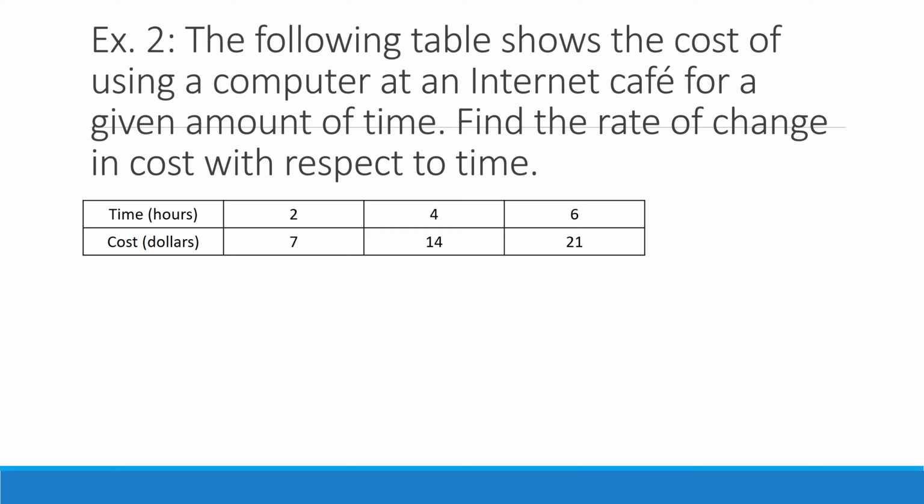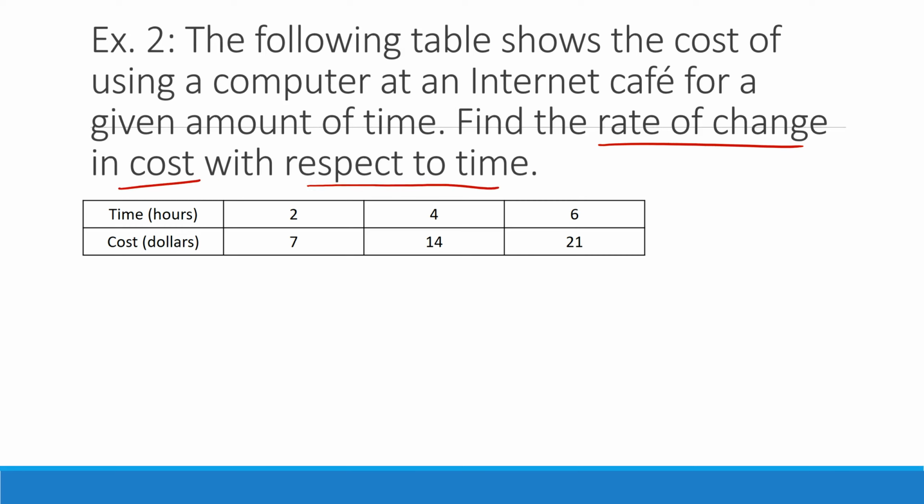But they make you pay per the hour. So this one is saying, if you're there 2 hours, you're going to pay $7 to use the internet. If you're there 4 hours, you're going to pay $14. And if you're there 6 hours, you're going to pay $21. And what this is asking me for is the rate of change in cost with respect